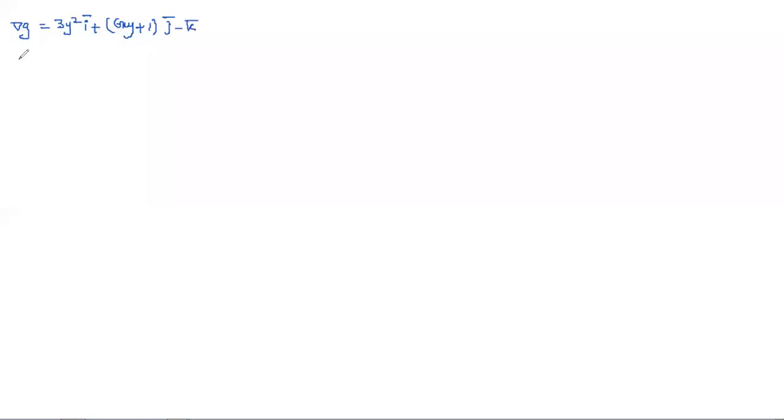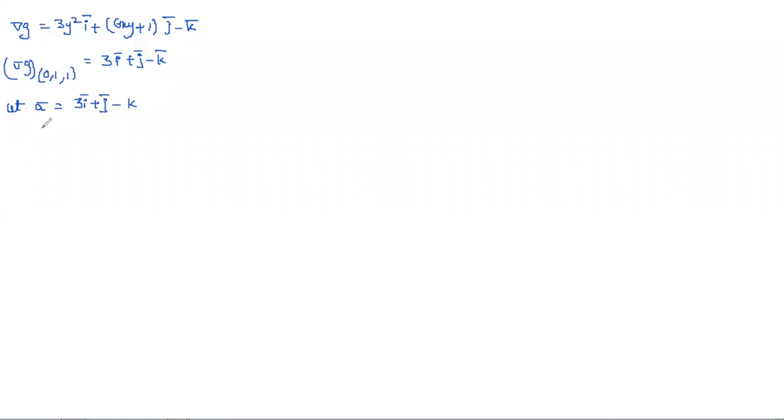Okay, now we need to find it at a point. So del G at the point, which point they mentioned in the problem, 0 1 1. At this point x is 0, y is 1 and z is 1. Simply substitute x as 0 and y as 1. So here it is having 3i, and since x is 0, this term becomes 0, plus j, and nothing to substitute here, this is as usual minus k. Now you can give the name for this one as A bar, the direction, which is 3i plus j minus k.